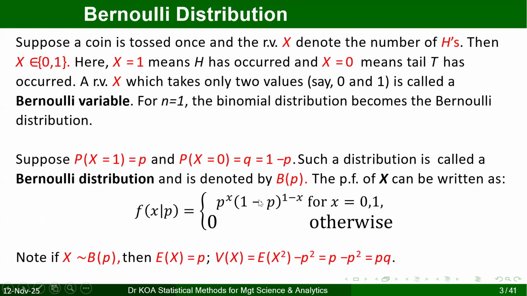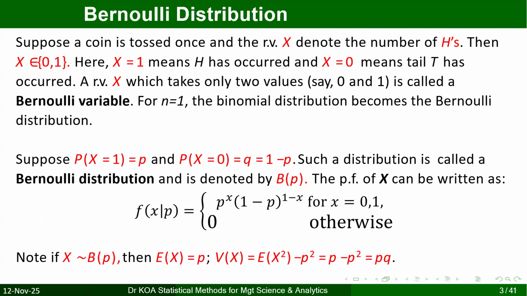Sometimes when you want to say that a particular random variable X is binomially distributed, this is how you write it. It's binomially distributed with the probability of small p. This small p is the probability of success, whereas the probability of failure is 1 minus